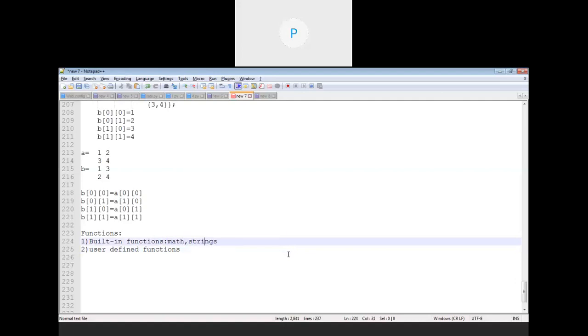For using math functions, you need to use one library called math.h. And for using string functions, we have to use the library string.h. Let's see how math.h and string.h are implemented, and then I'll start with the user-defined functions.